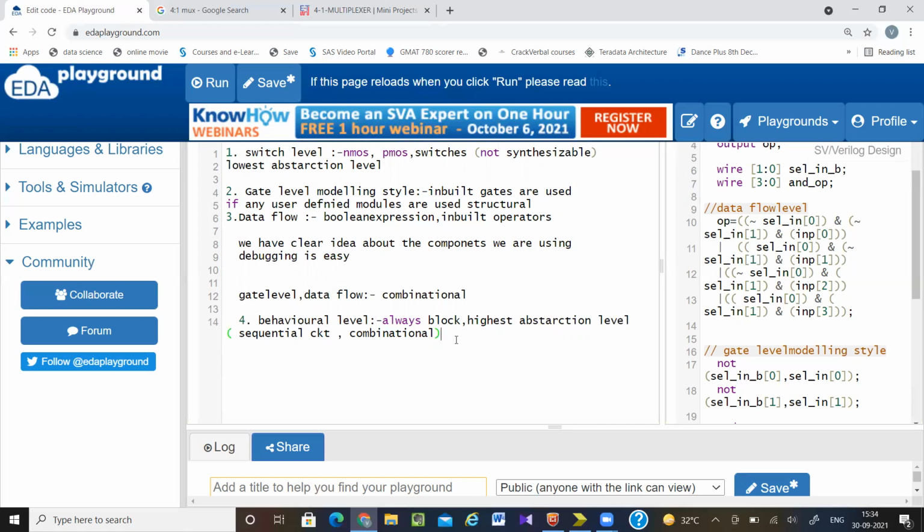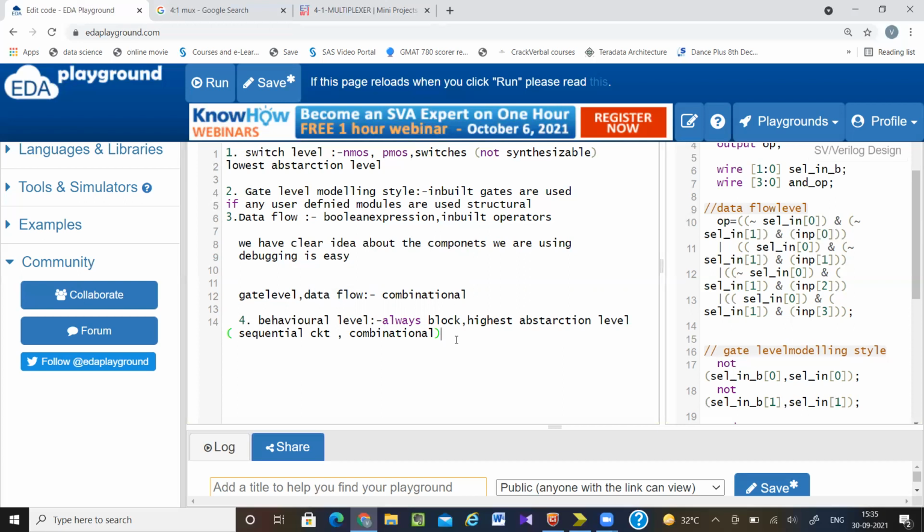But when we go to a complex circuit, like I have given you a state diagram and I am asking you to design it. If you are trying to design it in gate level or data flow level, then you have to write the truth table and calculate how many flip-flops, how many logic gates are used. Then again, those flip-flops you have to implement using the logic gates. It will take a lot of time. But the same FSM, you can write easily in behavioral level. Now it's up to the tool what kind of circuit it is generating. So for complex design, we prefer behavioral level modeling style.